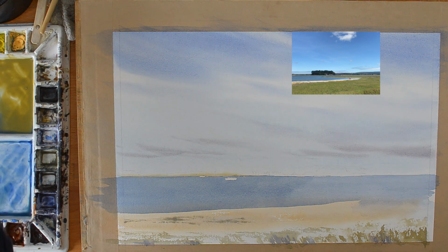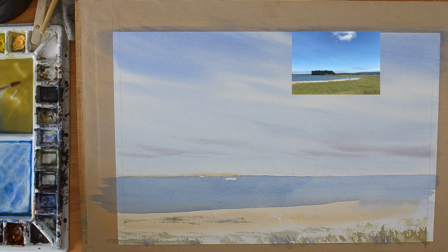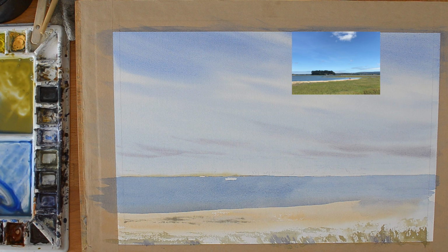Now what I'm going to do, and I do this from time to time, I'm just going to put a little bit of sap green in here. It just takes away the sort of browny nature of raw sienna as a yellow. I like the greens, the sunlit greens that it makes, but sometimes it just needs a little bit of a helping hand. So a tiny little bit of sap green in there doesn't hurt. And I'm also going to refresh the shadow colour that I've got on the palette here as well,